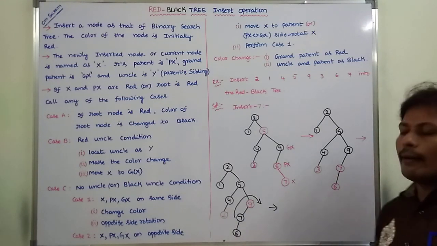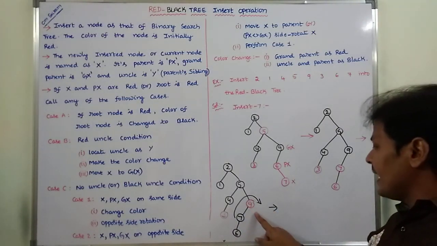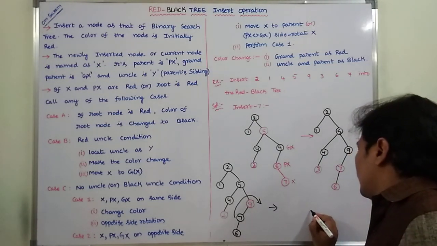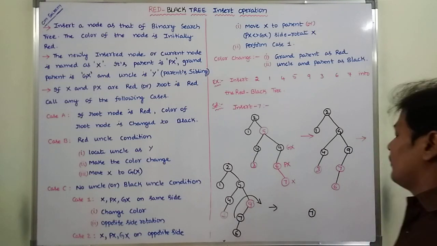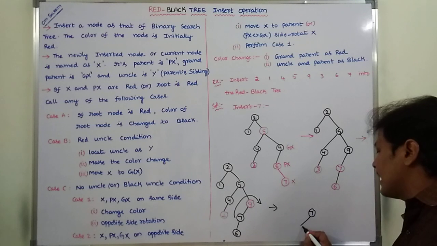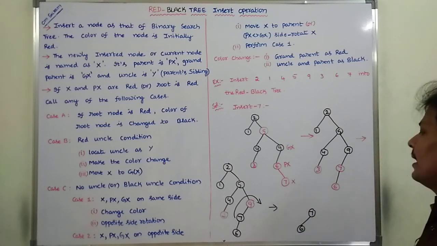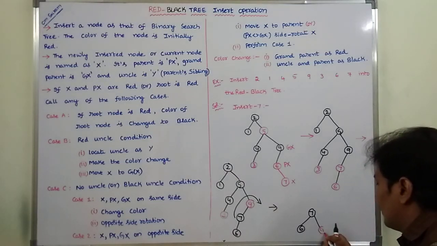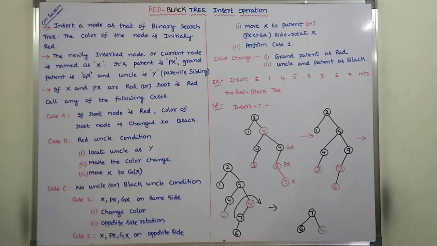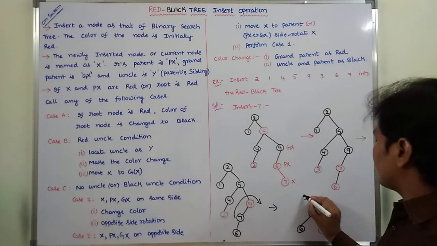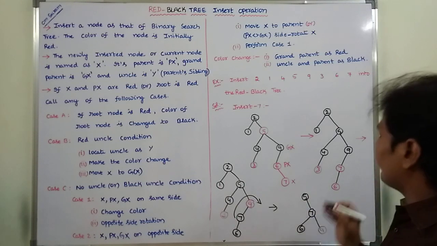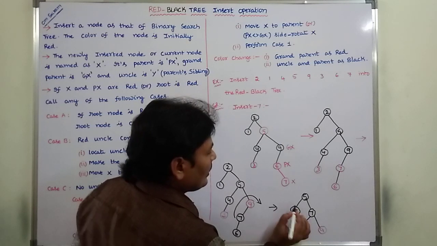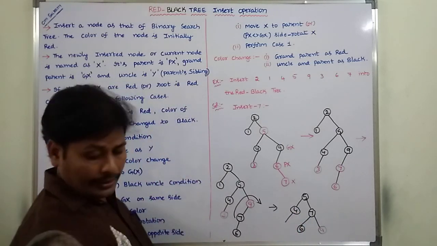After performing the right rotation, what are we getting? 9 can be moved to down, 7 can be moved to up. Okay. So left hand side is 6 is there. Right hand side 9 is there. Next one is here, 5 is there. 5 right hand side is 7 and 5 left hand side is 4 and that left hand side is 3.